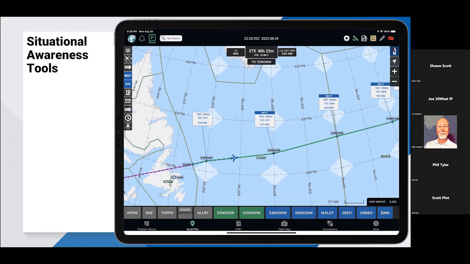Another situational awareness tool that we have built in, top left of the screen, you can see the leg icon, and when it's selected, there's two tools that are built into it. One is called Next, which are the white and blue boxes you see that are tied to the waypoints. Now, these are meant to give you some situational awareness information, basically the distance between waypoints. And then we also provide an initial mag and true course out of the waypoint for a couple of reasons. One is in the event of a contingency,